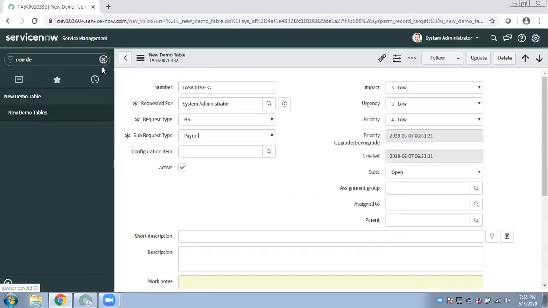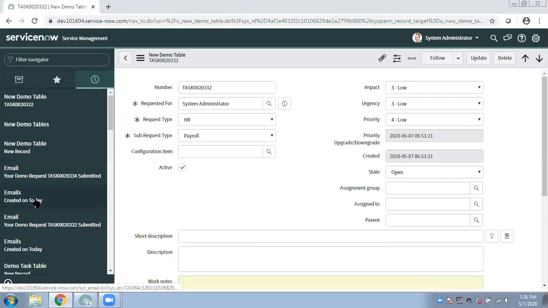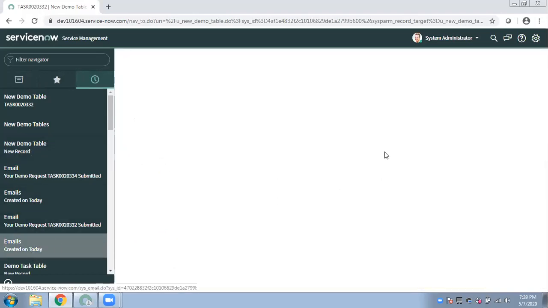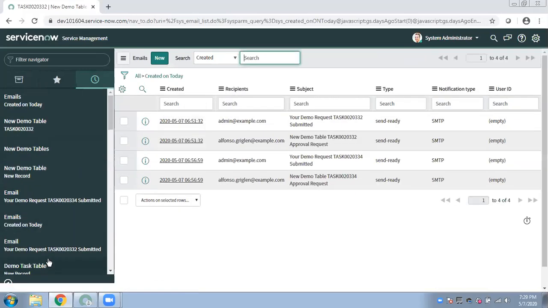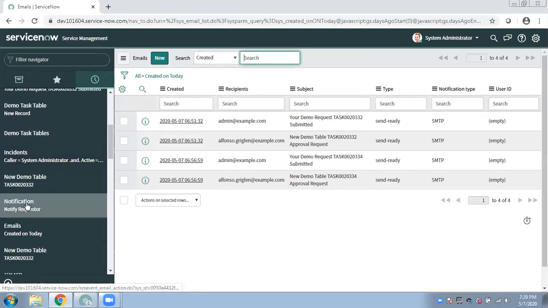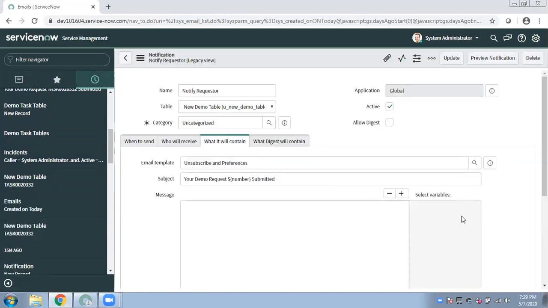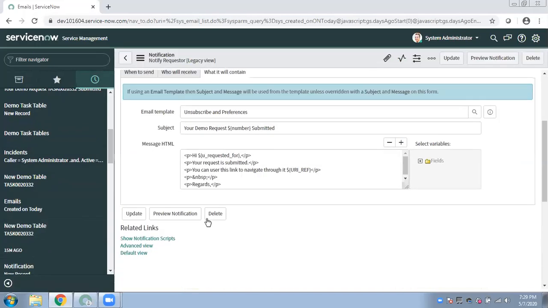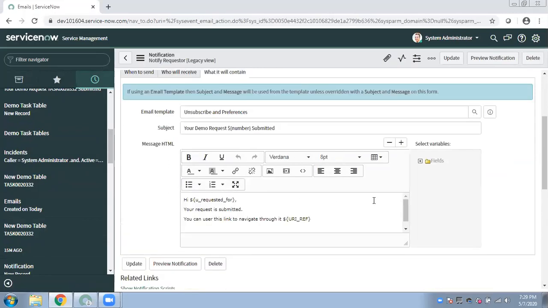If we go directly to the notification, here all the fields of the same table I can put. But the approver is a different record, right?